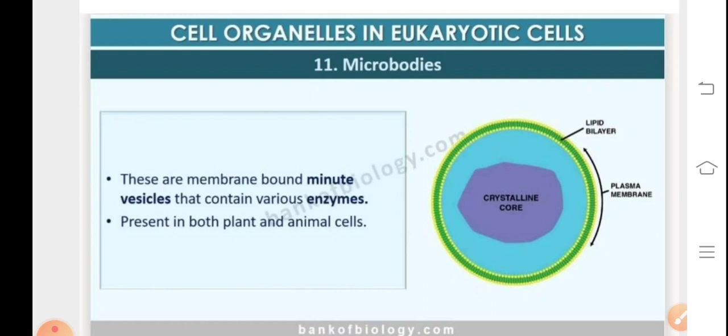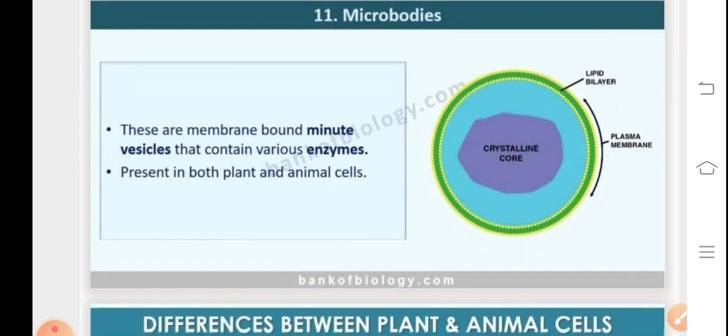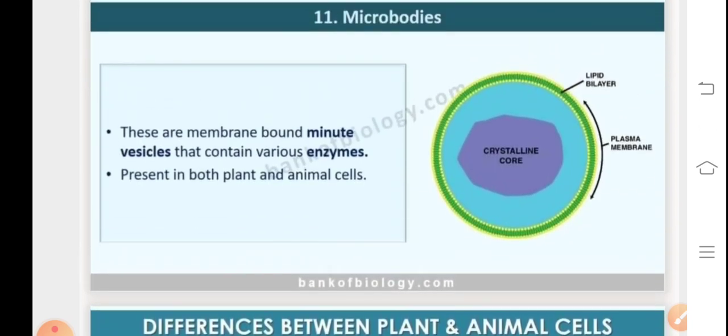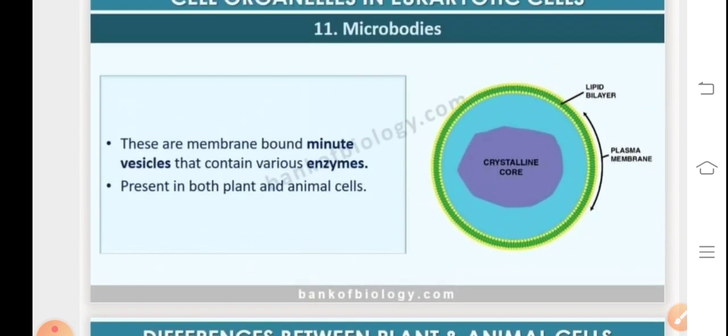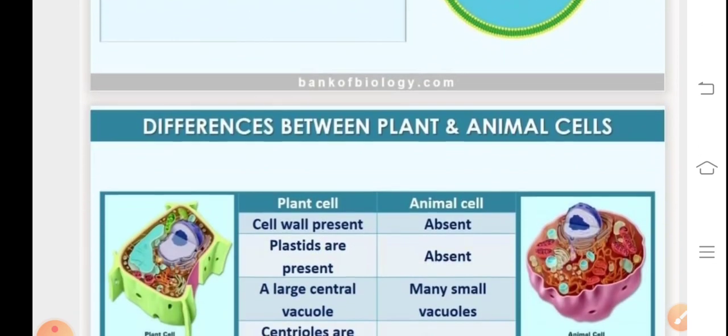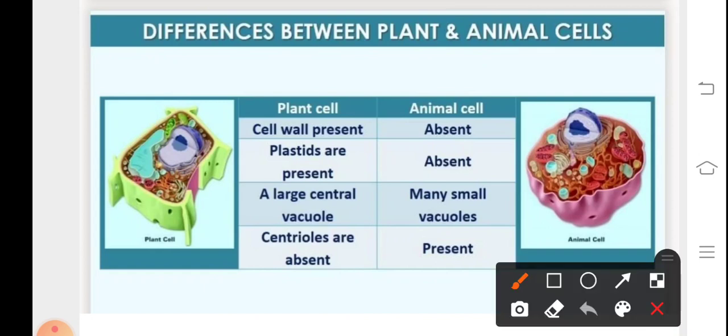Now talking about the microbodies, these are small cell organelles surrounded by a single membrane. They are found both in plants as well as animals. The microbodies are basically the peroxisomes which contain an enzyme required for breakdown of hydrogen peroxide, that is H2O2. Glyoxysomes are modified peroxisomes found in plant cells, and they are involved in conversion of fatty acids into sugars. And the spherosomes, which are involved in lipid metabolism, are also present in plants, and they are considered as plant lysosomes.